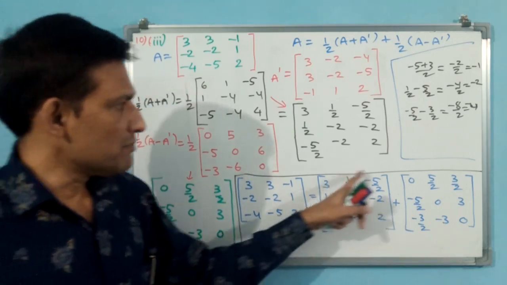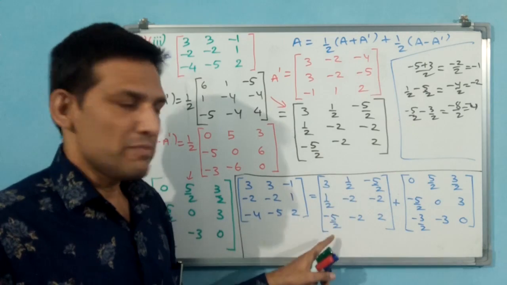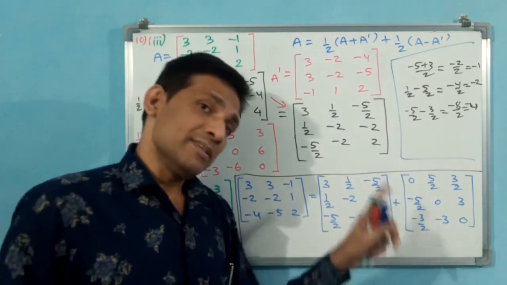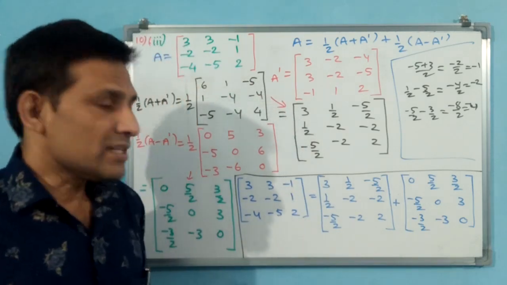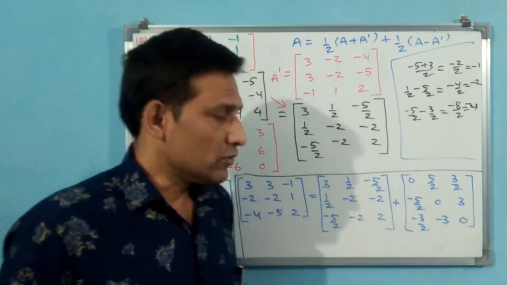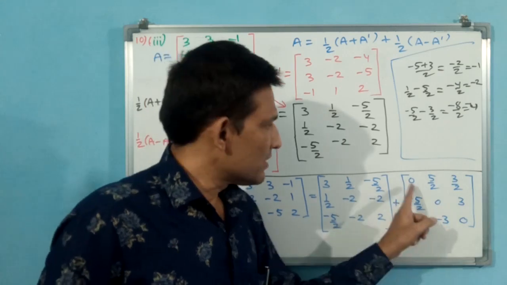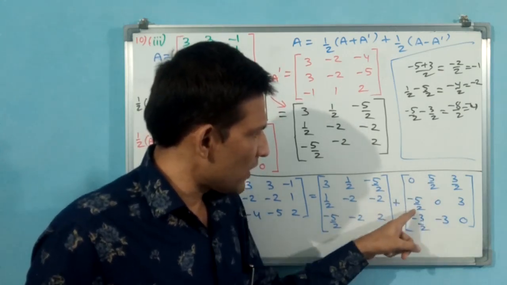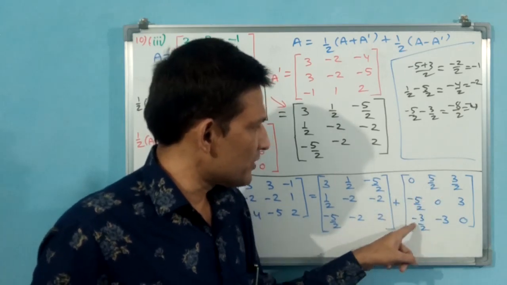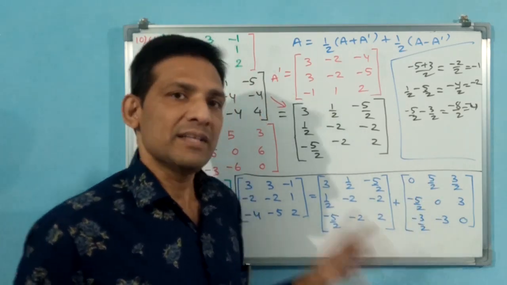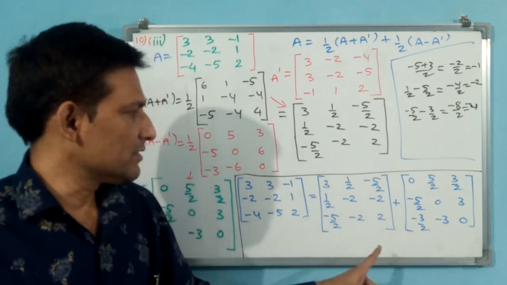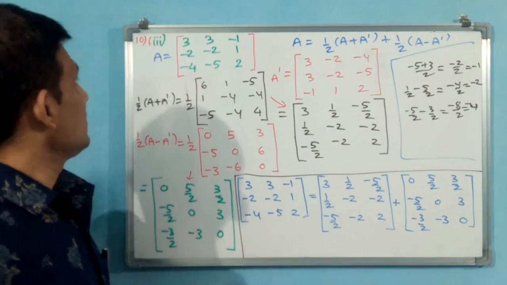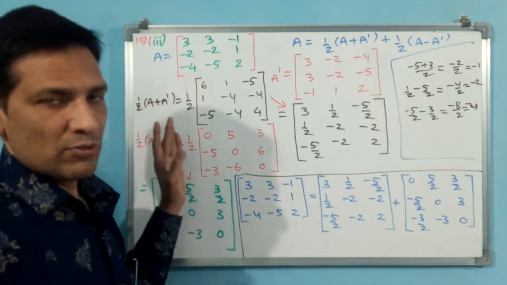Okay. But is this symmetric? This symmetric we have already seen. Even if you change rows into columns, it is also symmetric. Is this skew symmetric? This is skew symmetric. Simple logic: whether you negate or not, it is a square matrix, the diagonal should be 0, and the opposite entries have the same value with a negative symbol. You see 5 by 2, 5 by 2 but minus; 3 by 2, 3 by 2 with minus; 3, 3 with minus. That's all. This is skew symmetric, this is symmetric, and the sum is the original matrix. Now we have proved the third part of the 10th question also.